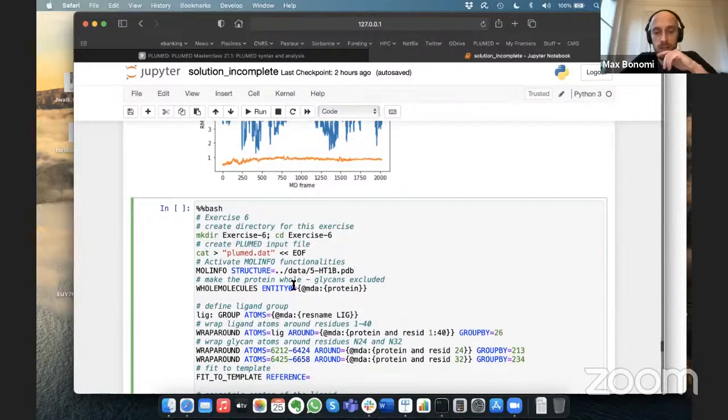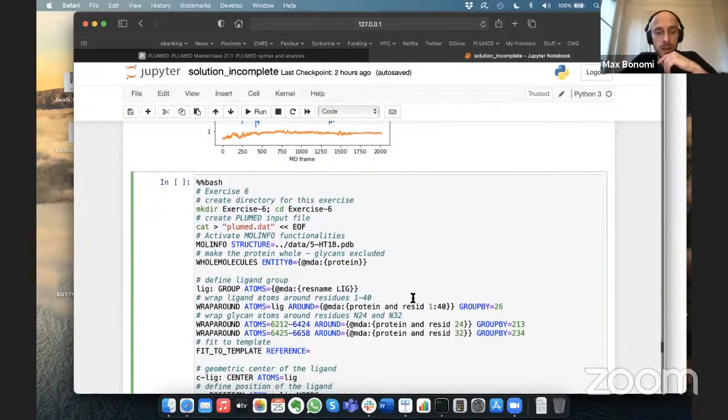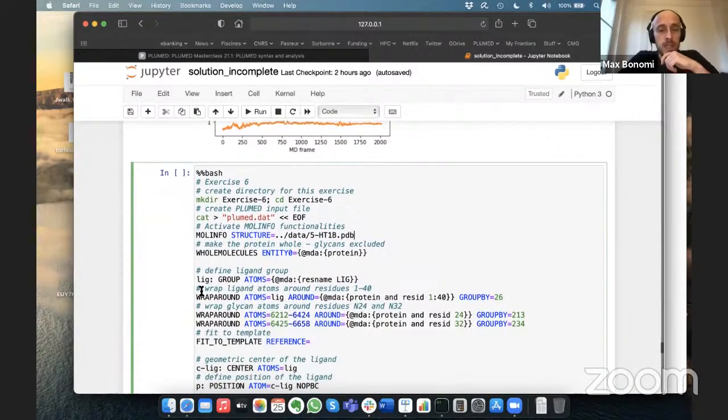So we make just the protein whole, and then we define a group, which is the ligand atoms with MDAnalysis. This is now a group of atoms that we can reuse for many other things in the rest of the Plumed input file. Now, what we